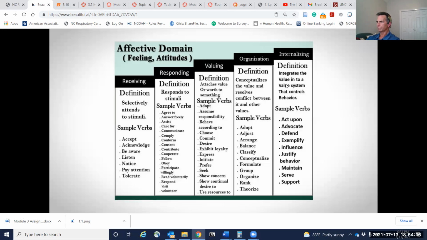So can one objective cover two different domains? It's possible, but you want to break it down. In other words, if you were going to write your objectives, you would use a subheading: cognitive domain, psychomotor domain, and then affective domain. Those are your three subheadings. Below that, write your objectives. You may see some crossover,